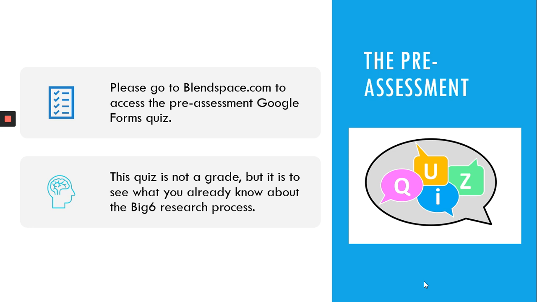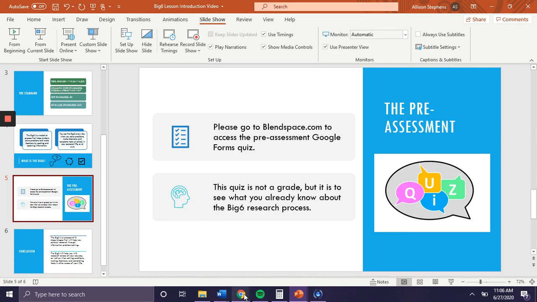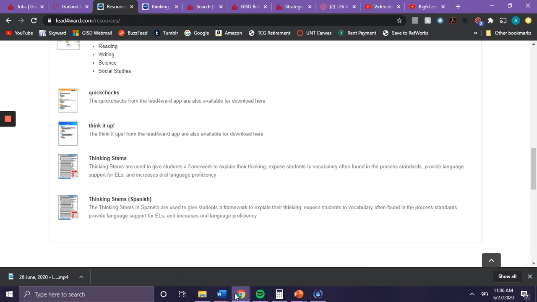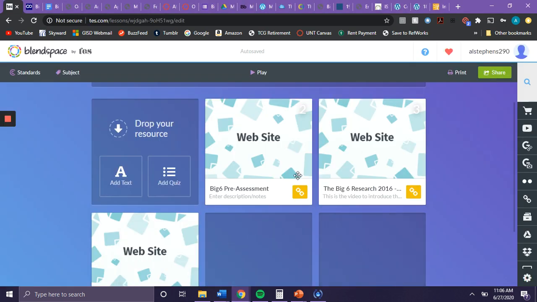So we're going to go ahead and take a look at the pre-assessment. If you will please go to blendspace.com to access the pre-assessment, which is a Google Forms quiz. This quiz is not a grade, but it is to see what you already know about the Big 6 research process. So I'm going to go ahead and show you how to get to that. If you go to the Big 6 lesson, you'll find it here on Blendspace. And then if you click on this pre-assessment,